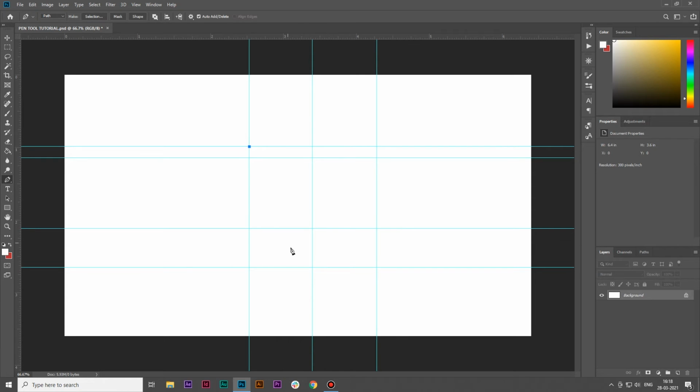One point here, one point here. Press Alt and cut the tail by clicking on the anchor point. Now again a point here, and simply hold your left click and drag your mouse.